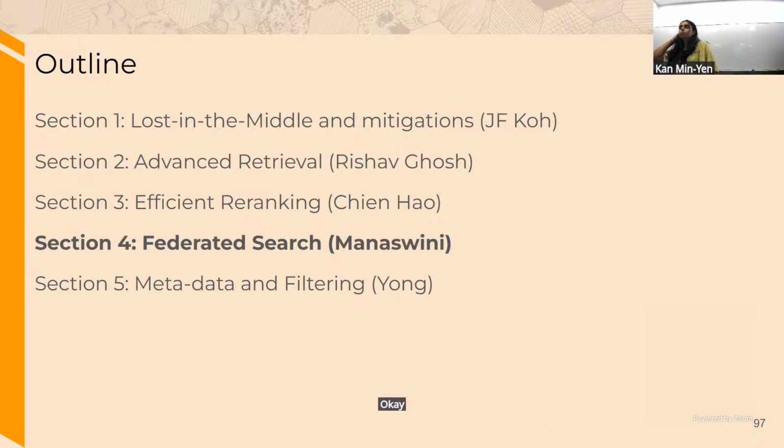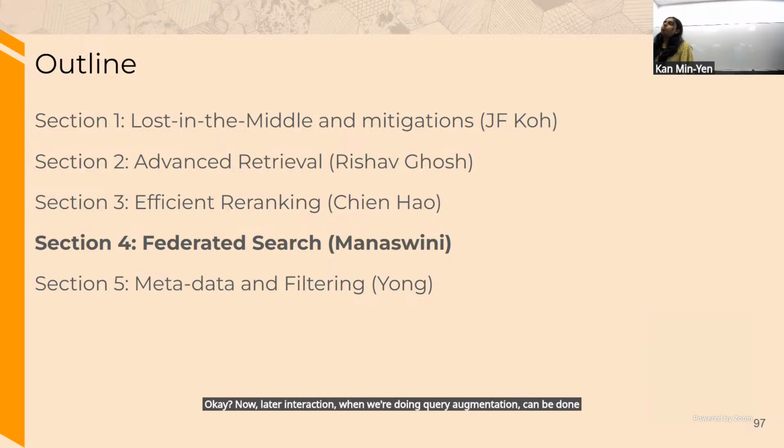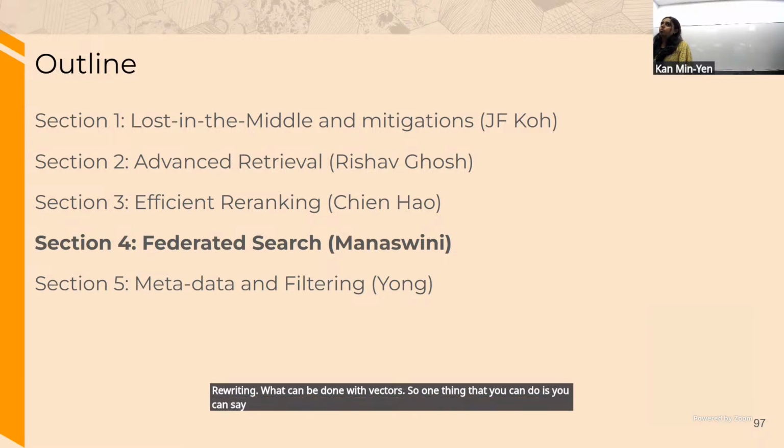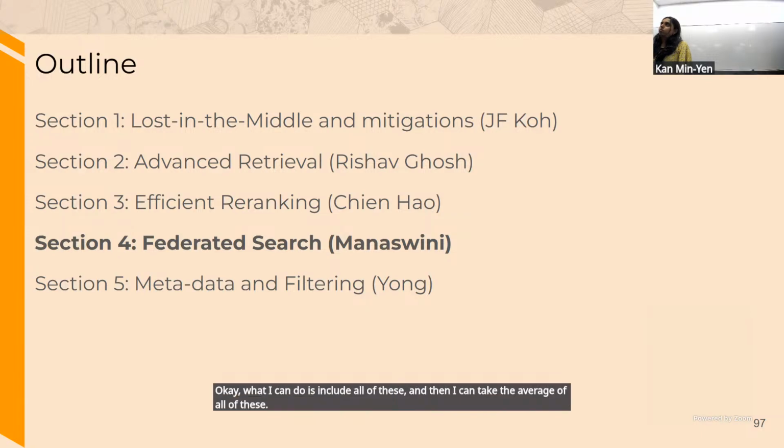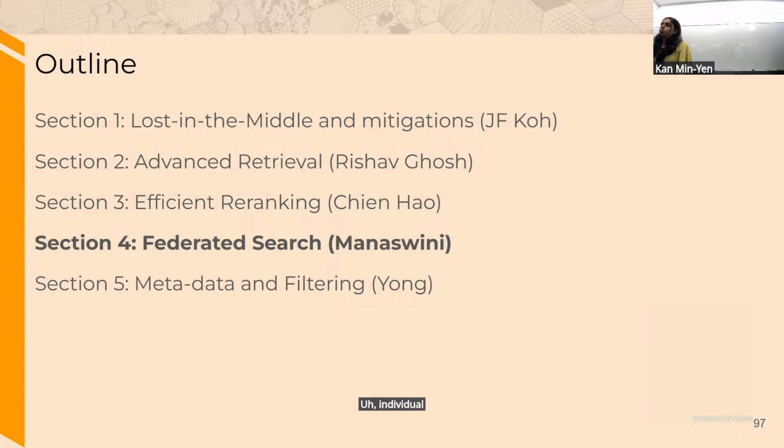Now, query augmentation can be done with actual words, like we do in rewriting, or it can be done with vectors. So one thing you can do is say, you have lost in the middle mitigations, that's your query. What I can do is encode all of these, and then take the average of these individual words as a sort of centroid, and add that centroid also to the query, right?